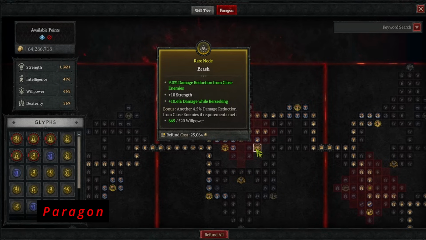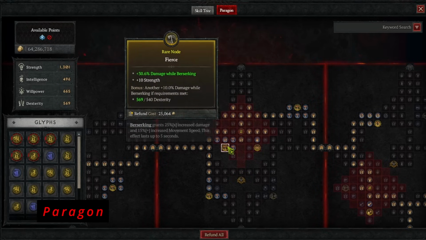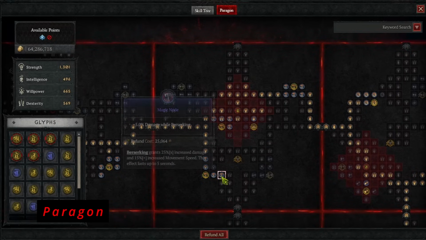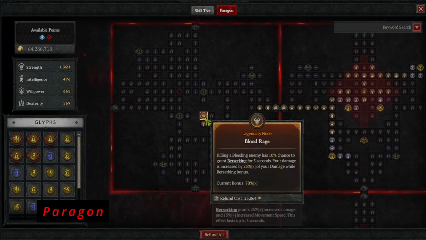Come down here for Brash, damage reduction, strength. We're going to get Fierce for damage while berserking and strength. Come down here, get Berserk, more damage while berserking, damage to elites. Take this over here. And then the final board that we're going to come into, guys, is going to be